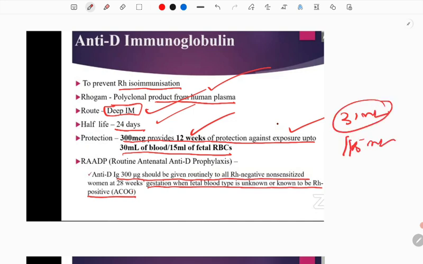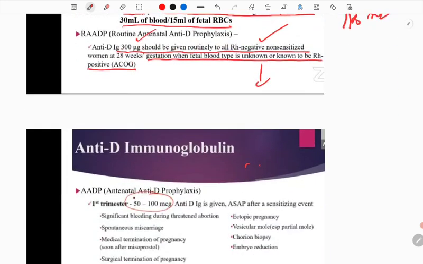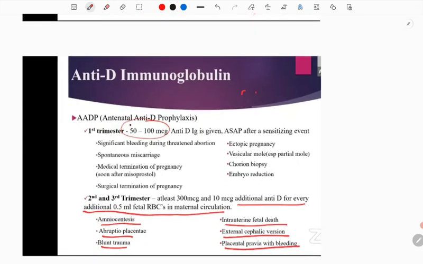Routine antenatal anti-D prophylaxis: anti-D 300 micrograms should be given routinely to all Rh negative non-sensitized women at 28 weeks gestation when the fetal blood group is unknown or known to be Rh positive. Anti-D in first trimester, 50 to 100 microgram, is given as soon after a sensitizing event like significant bleeding